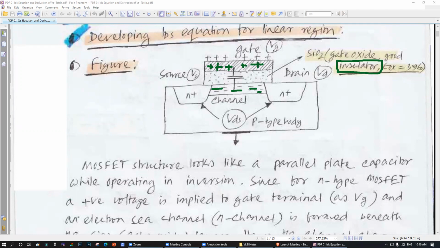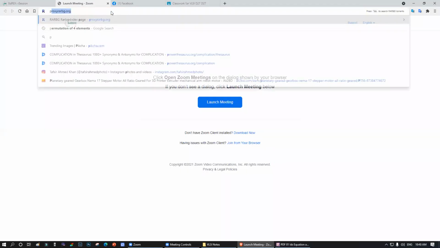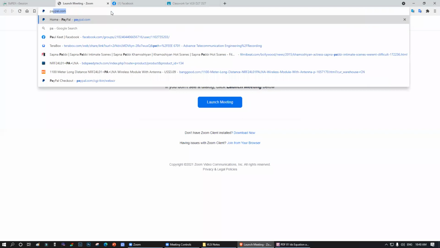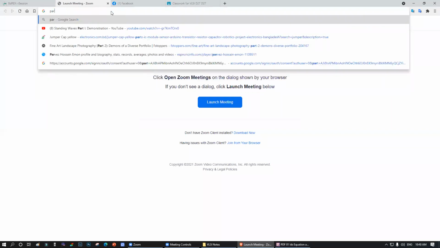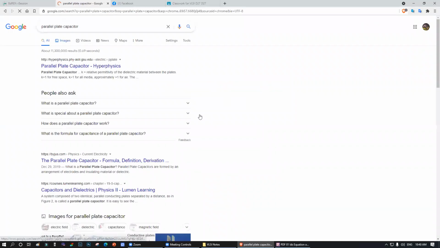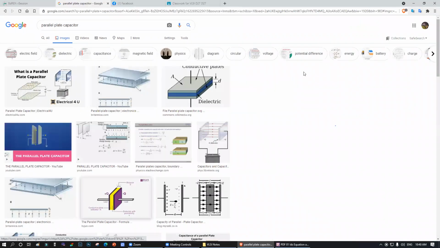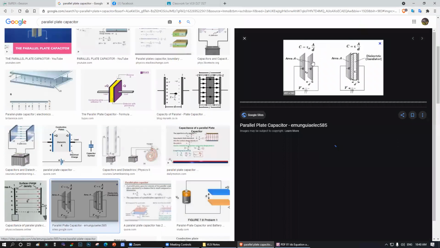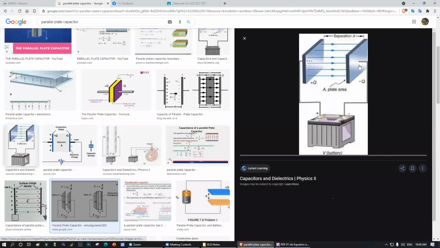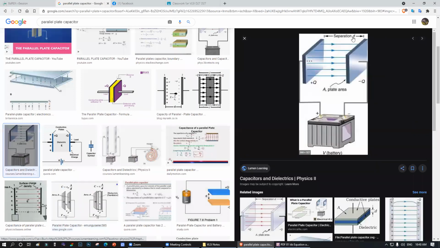Do you understand the parallel plate capacitor? You have learned it from physics. Like this. Yes, sir. The parallel plate capacitor. See this? Remember? Yes, sir. Okay. So here you have one positive terminal, that is positive charge, another one is negative charge. In between, you have a separation called D, and the area of the plate is this one.